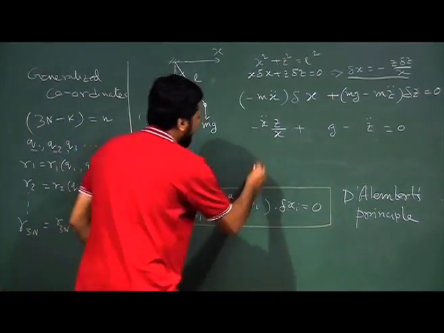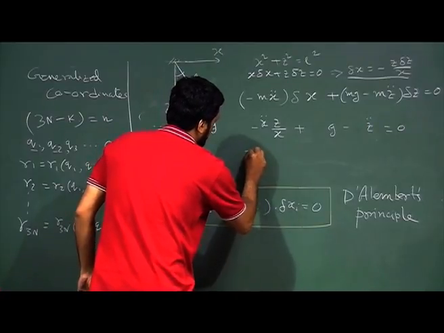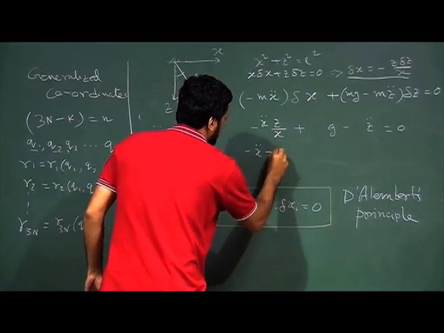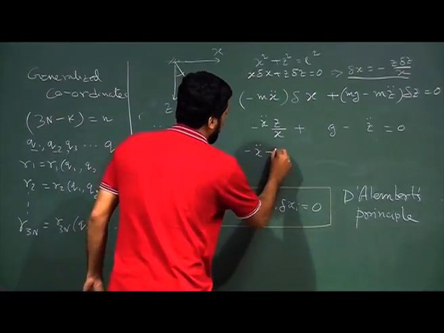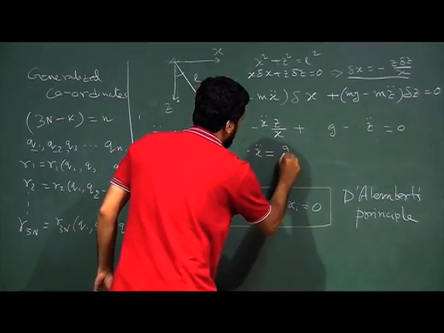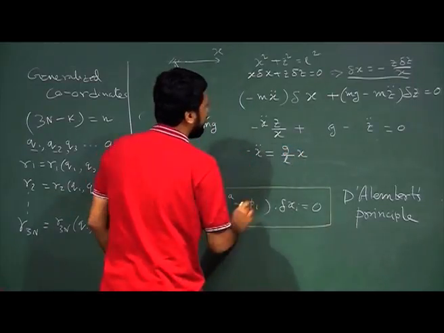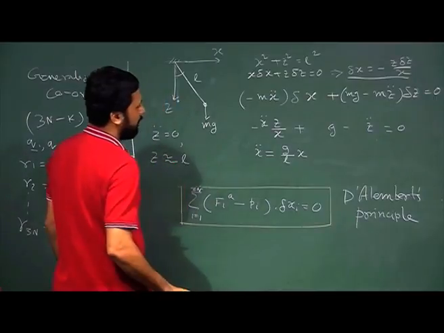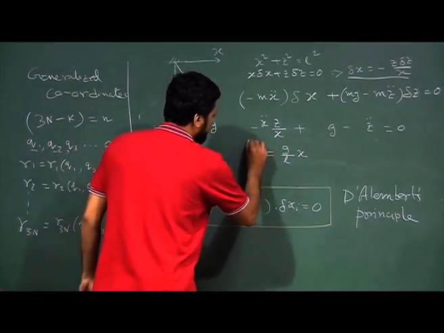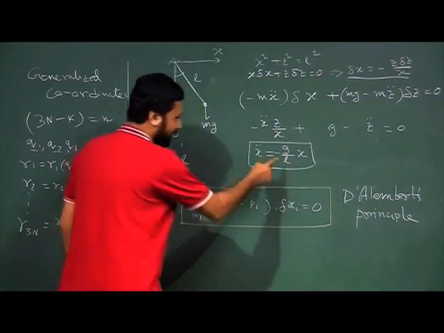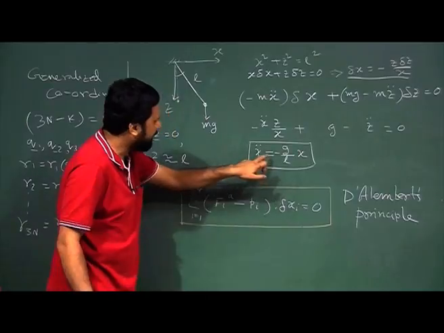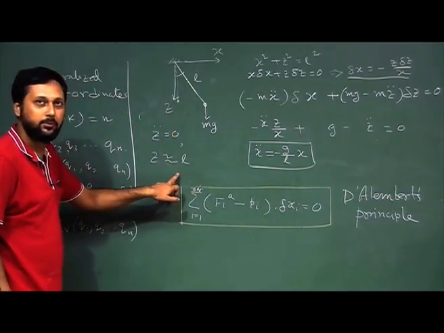So, if we put that here, what do we get? We will get minus x double dot, x double dot is equal to g by L x, and there should be a minus that we can always check. So, you will get this equation, there should be a minus sign here, you have to check the steps, you can do that. So, finally, we will get back this equation if you make this assumption, which is okay.